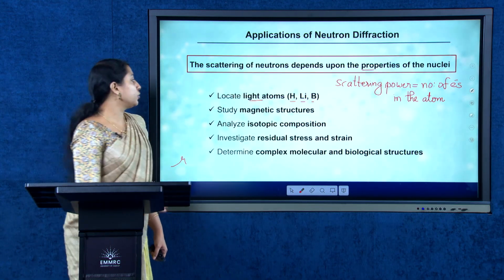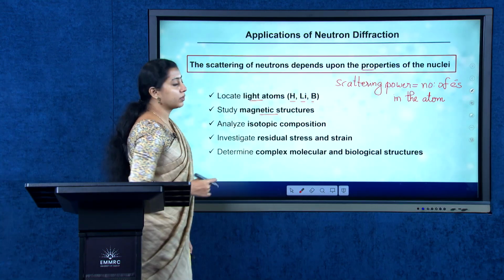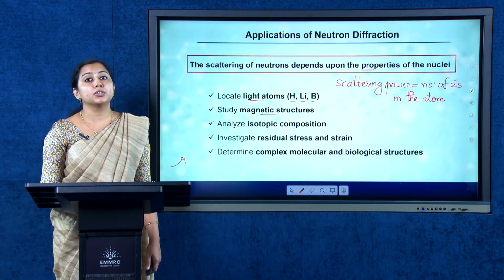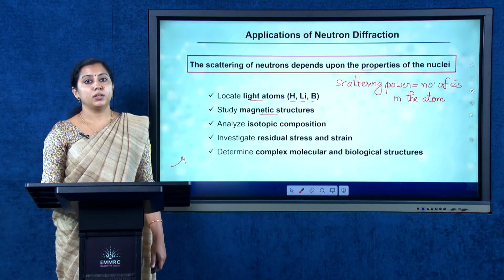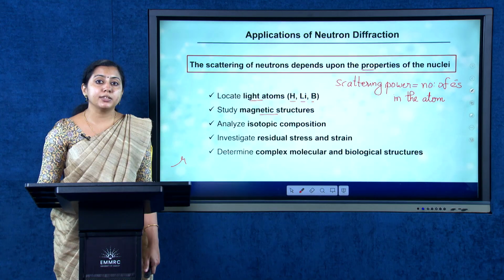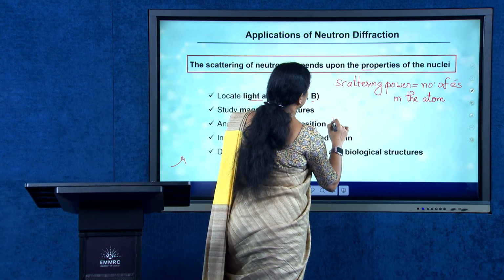It is also used for studying the magnetic structures. Another application lies in the analysis of isotopic composition. We have seen that the scattering of neutrons depends upon the properties of the nuclei. So, when we consider the isotopes of hydrogen like protium,